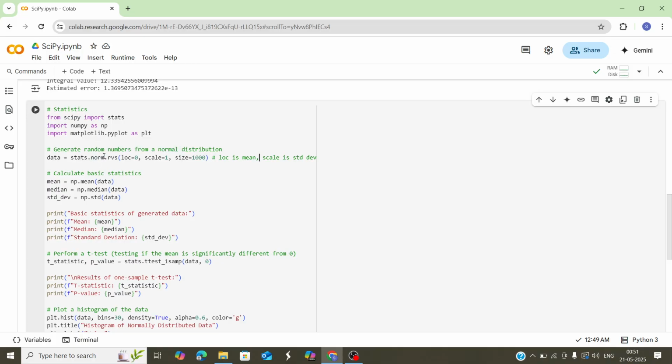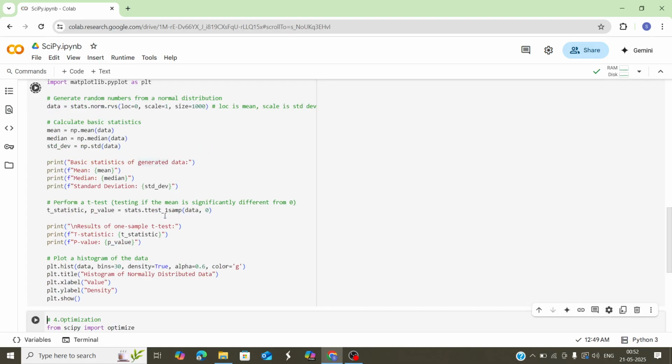So that's the reason. And here, as you can see, the arguments are loc, scale and size. loc here indicates the mean of the normal distribution. Scale over here indicates the standard deviation of the normal distribution. And as we know, the standard normal distribution in statistics has mean equal to 0 and standard deviation equal to 1. That's the reason I have provided here mean equal to 0, which is loc, and standard deviation indicating scale equal to 1. The size, or how many random numbers you want in the distribution, is 1000.